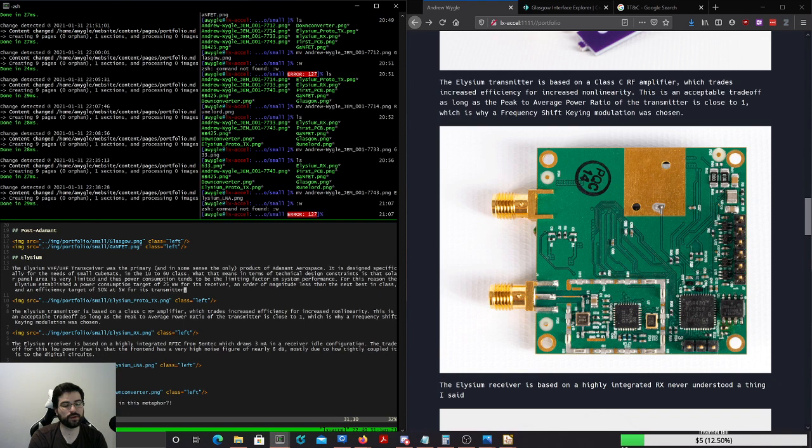To overcome this high receiver noise factor, a discrete LNA was designed to